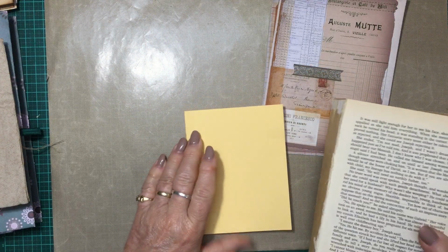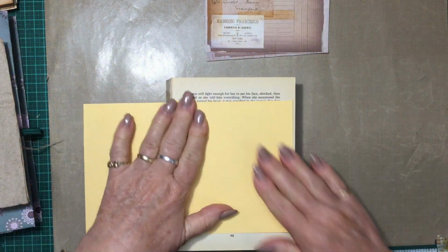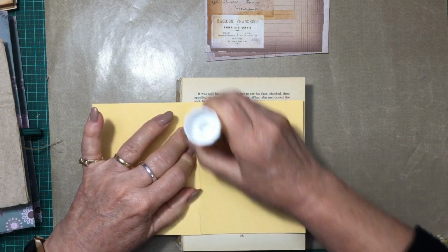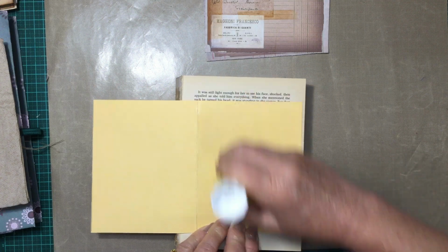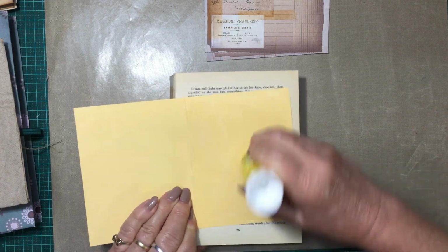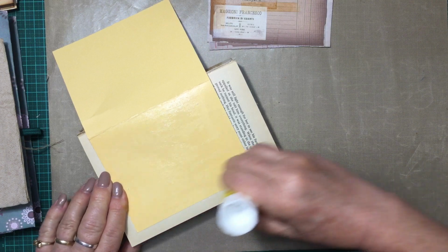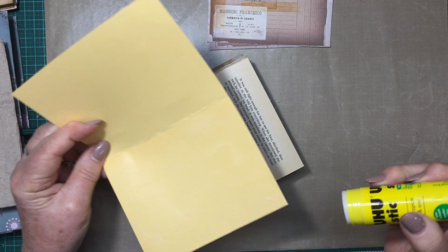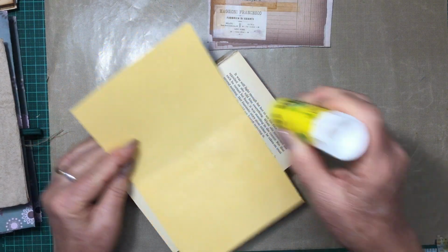The next one is a little bit trickier, I suppose, for the want of a better word. It's just going to take a little bit longer, so we'll get straight into it. So first up, this is very basic, so hopefully somebody will get something out of it, because I know we all start at different times on our journey with junk journaling. So this one,